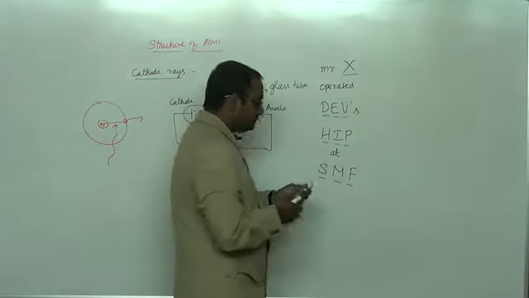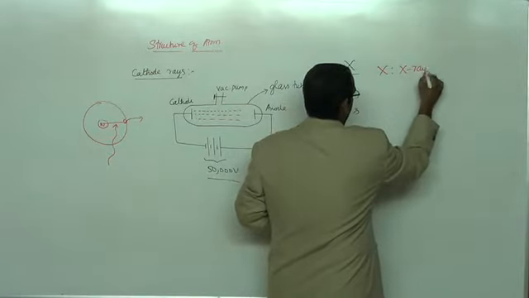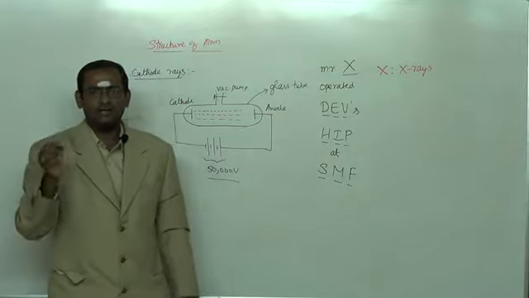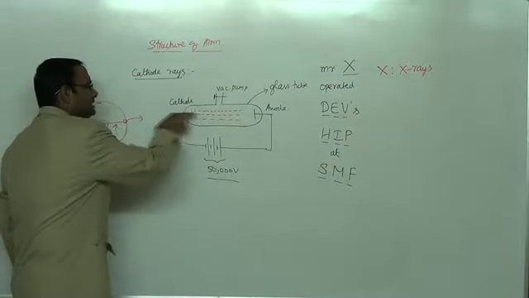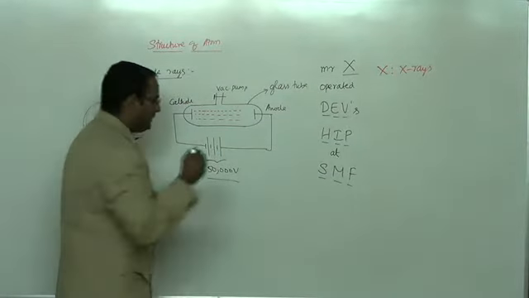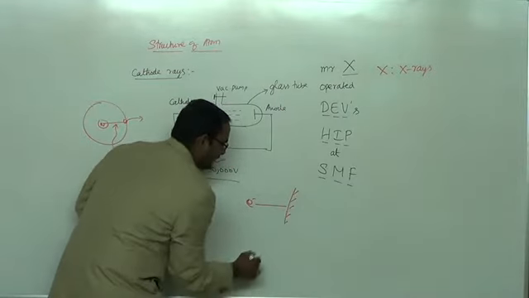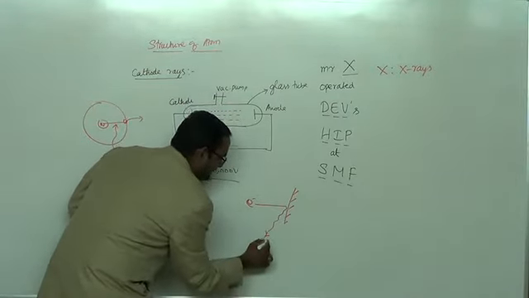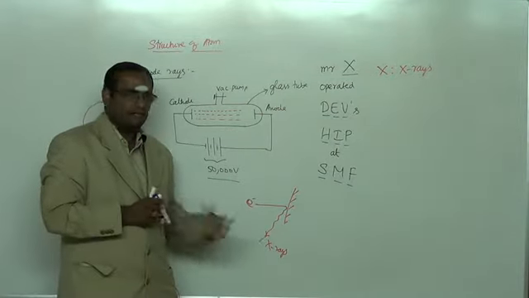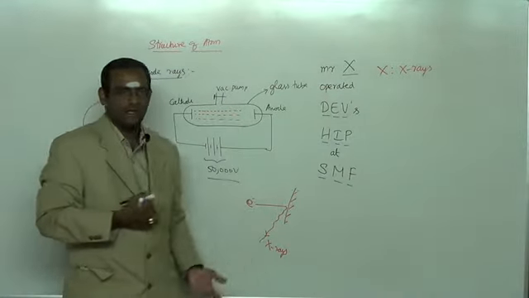Mr. X. What does this X stand for? X stands for X-rays. When fast moving electrons are suddenly stopped by a solid target, then invisible rays called X-rays are emitted. The X-rays were found by the scientist Roentgen. Of course, we will study those things later on in the topic.